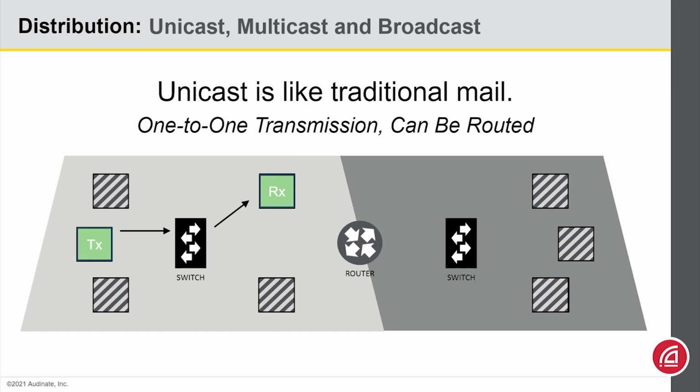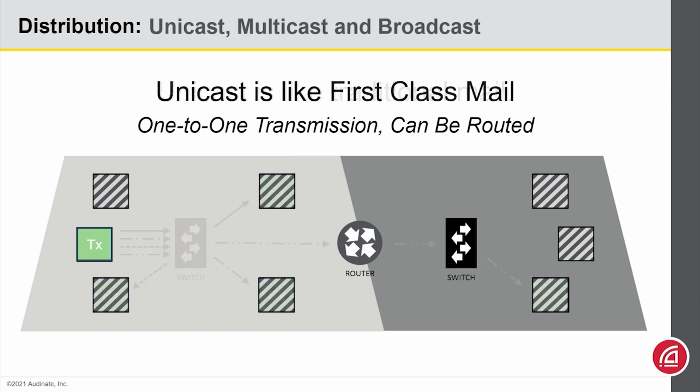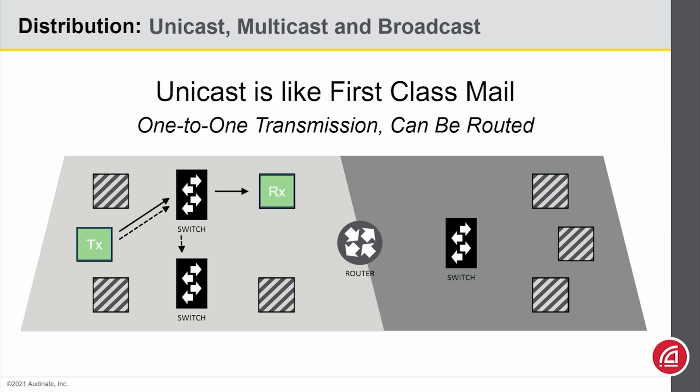Well, if I'm sending the same information to multiple locations with unicast, I have to duplicate those transmissions over and over again. It's like sending party invitations where I'm going to drop multiple envelopes in the mailbox. Now, in this example, you can see I'm putting a strain on the transmitter. Eventually, that would run out of bandwidth, right? Well, not only that, but if I have multiple switches, it would put additional bandwidth on the trunk lines. The data in triplicate is being sent across this link.